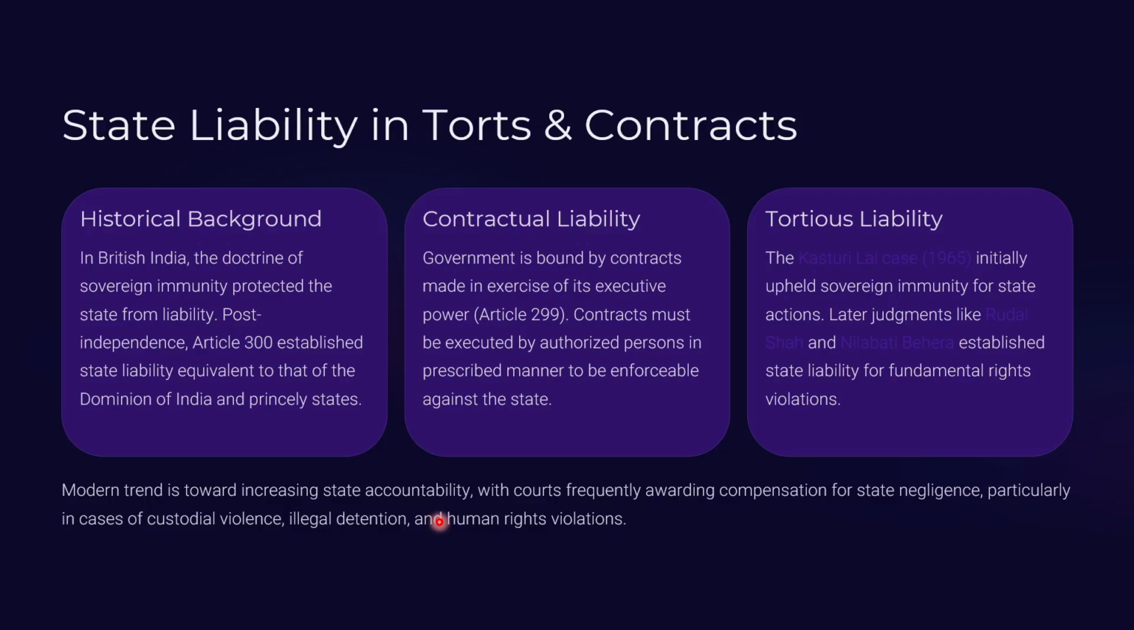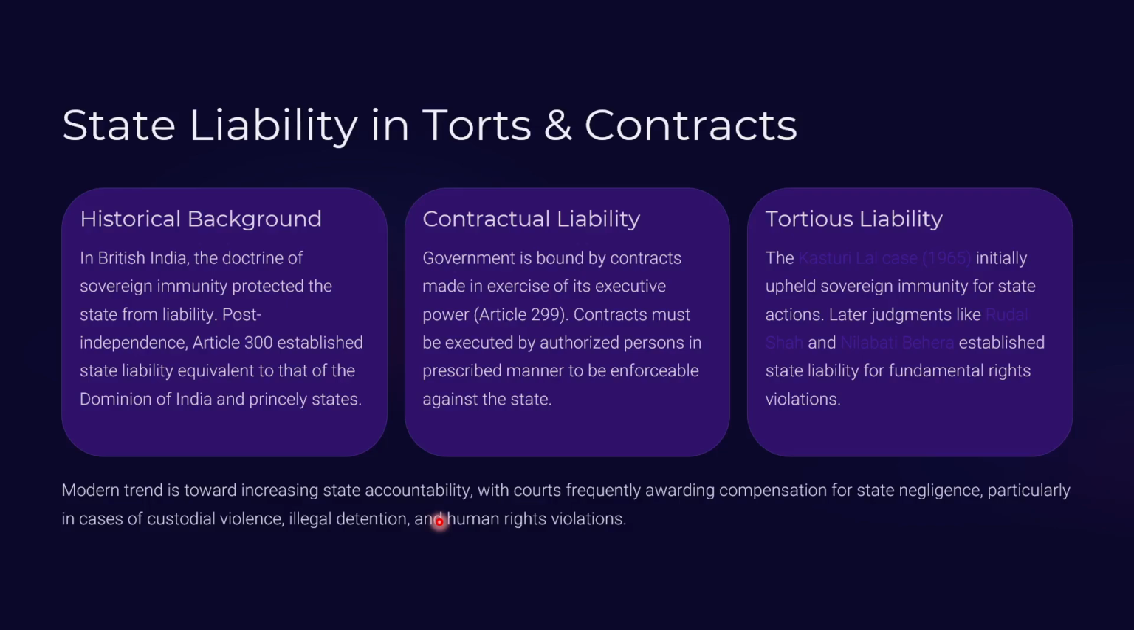Historical background: in British India, the doctrine of sovereign immunity protected the state from liability. Post independence, Article 300 established the state liability equivalent to that of the Dominion of India and princely states. Then contractual liability: government is bound by the contracts made in exercise of its executive power. There is Article 299. A contract must be executed by the authorized person in the prescribed manner to be enforceable against